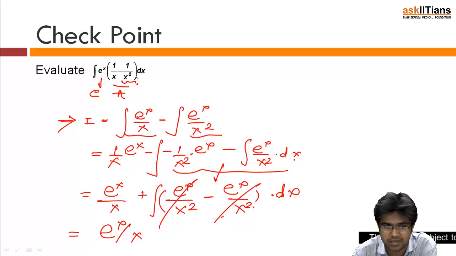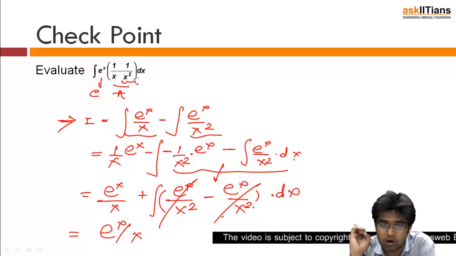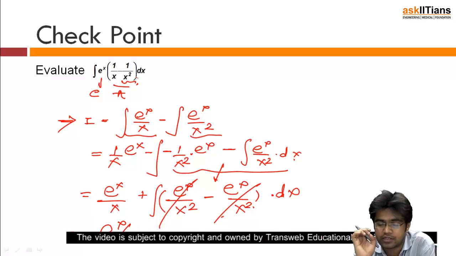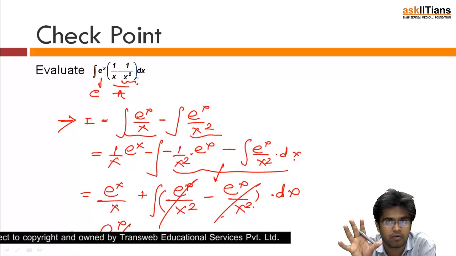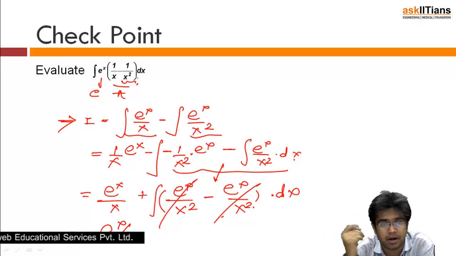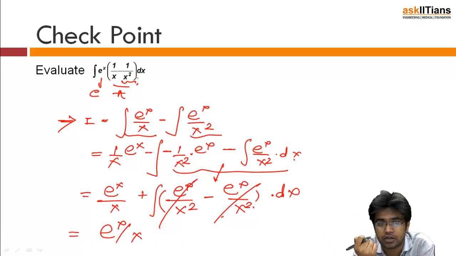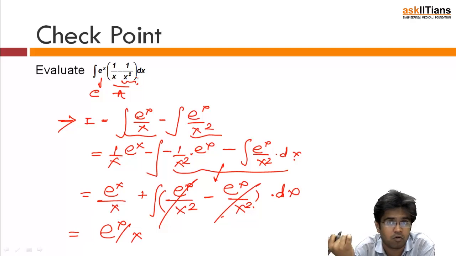So you have to observe this thing as well. How did I get this? I knew that if I separate it, then e to the power x by 1 upon x, when I take its second part, there I have to differentiate 1 upon x and e to the power x will remain e to the power x. That means two same terms are forming. So either they will be cancelled out or clubbed. So with that hope I proceed.